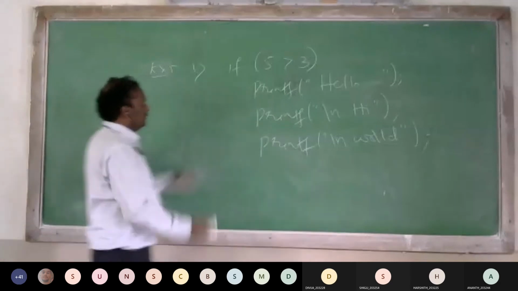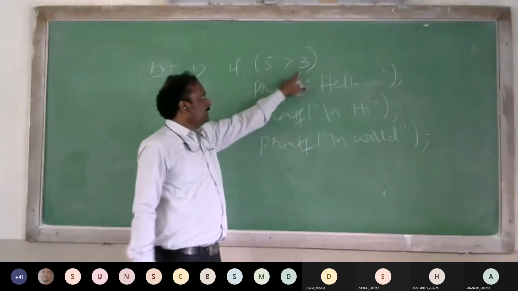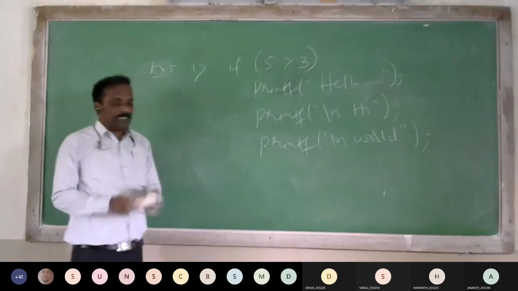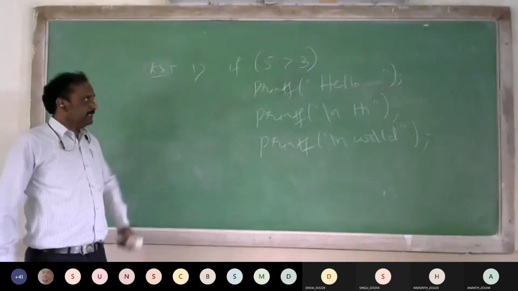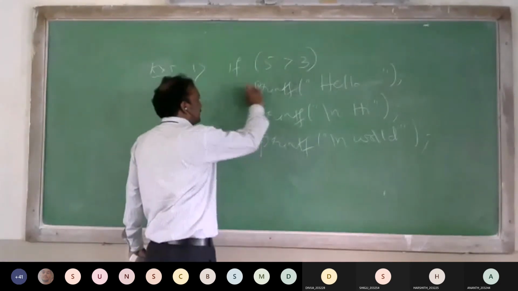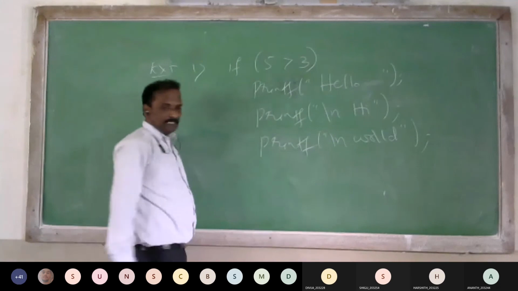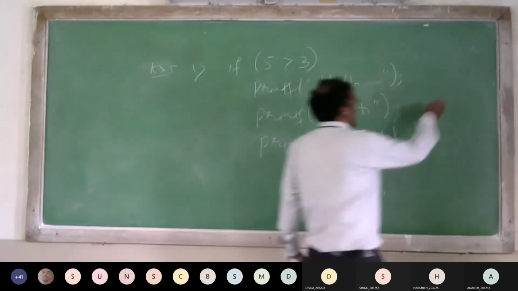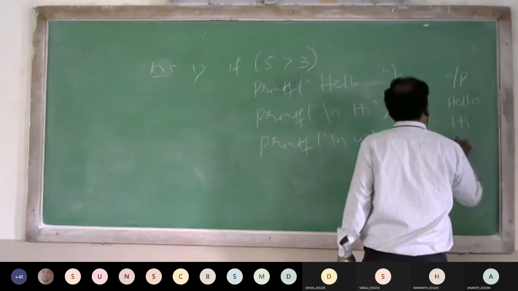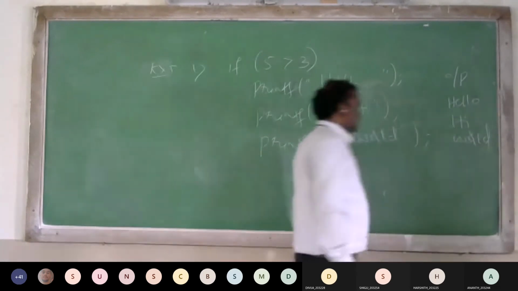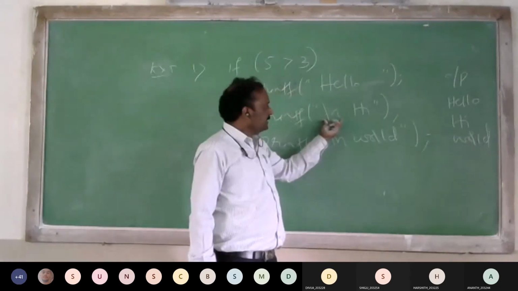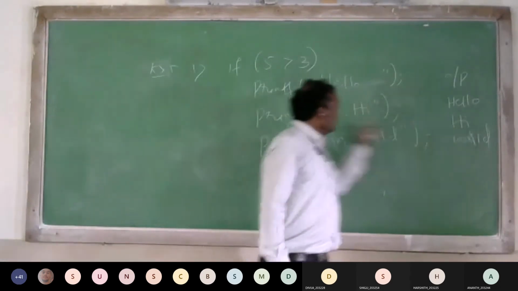Now, I have written inside the condition 5 greater than 3. Is 5 greater than 3 true or false? True, sir. True means statement 1 is executed, and all remaining statements are executed. The output is hello, hi and world. After printing hello, \n denotes that hi is printed in the next line.